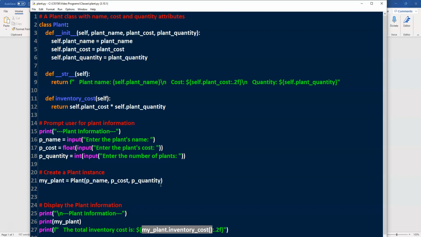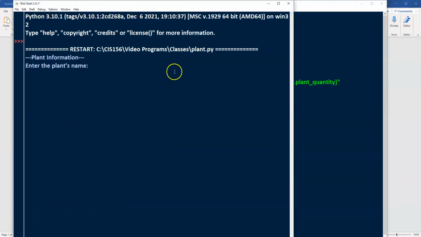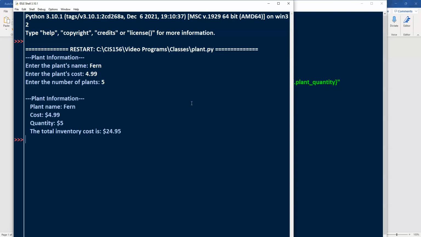So that's why we're going to format the value returned by our inventory_cost method that we've created in our plant class. What we're going to do next is run the program, so I'll click on run module. We're going to enter some information. It's going to be just a fern. We're going to enter the plant's cost. Let's just say $4.99, and there's going to be 5 in inventory. So what gets printed out is the plant name, which is the fern, the cost, which is $4.99, the quantity, which is